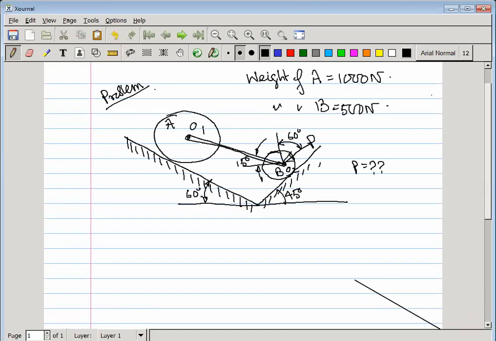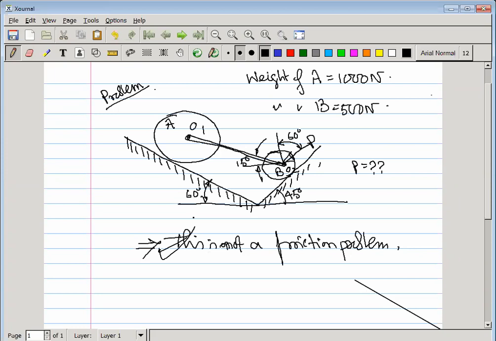Okay, let's continue this one. Here you can see this is not a problem of friction. First we identify which type of problem this is. In this question no coefficient of friction is given. So for this specific problem, this is not a friction problem, right? This is not a friction problem. So first we find out that.